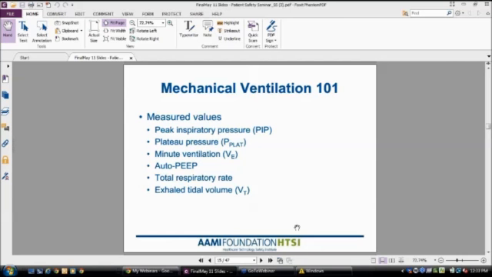So I will be measuring the peak inspiratory pressure, which is the highest pressure measured in the lungs, the plateau pressure, which is the end inspiratory